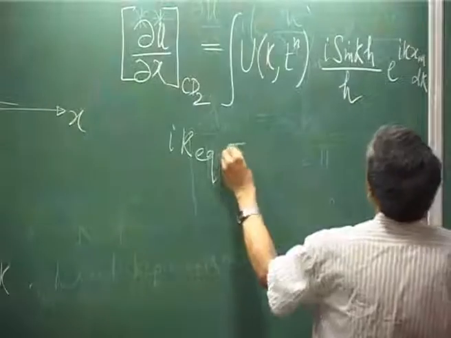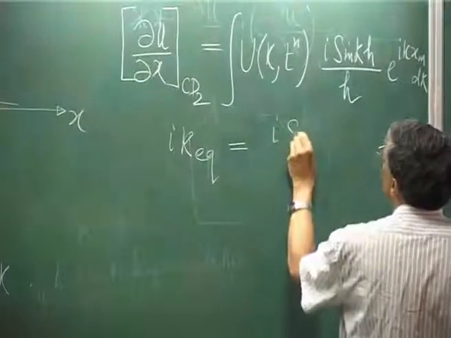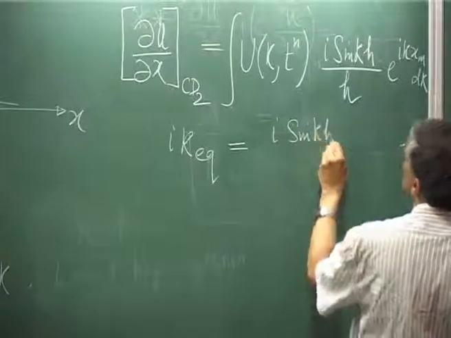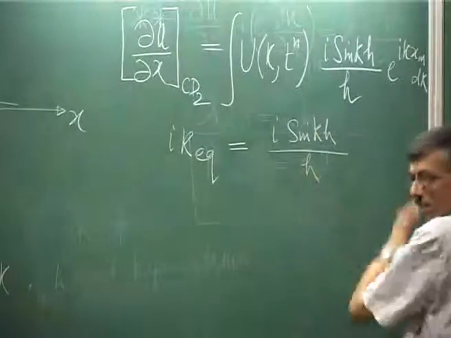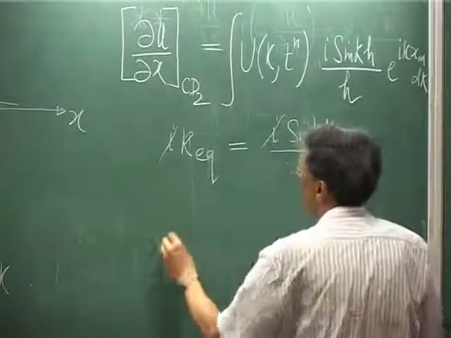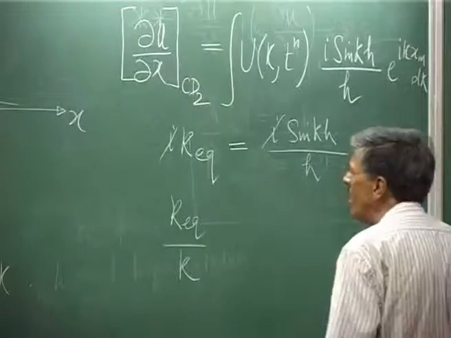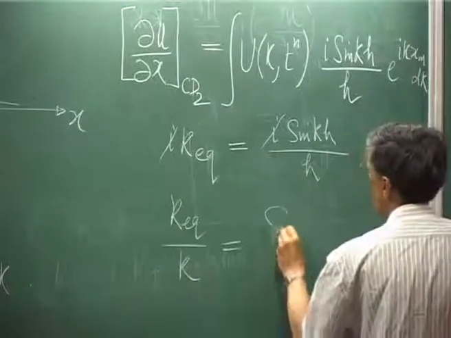This I k equivalent is basically this. Or I could knock off this. What I could write here is k equivalent by k would be equal to